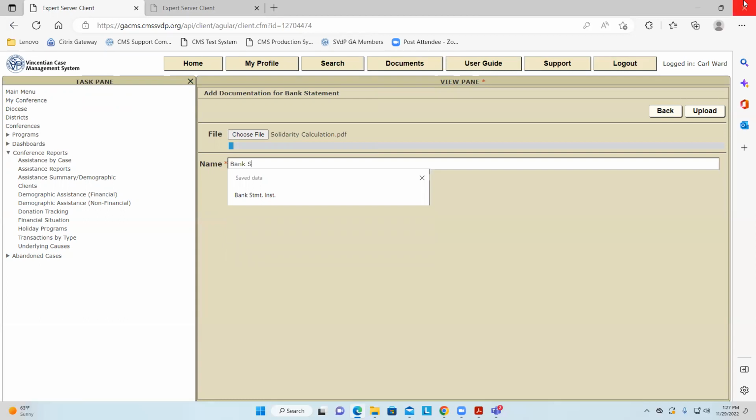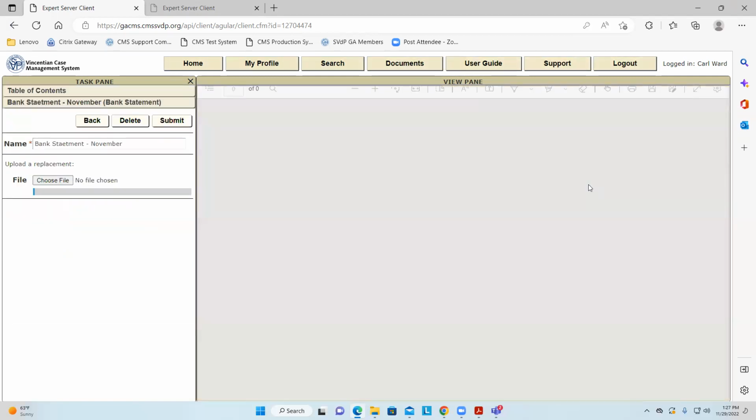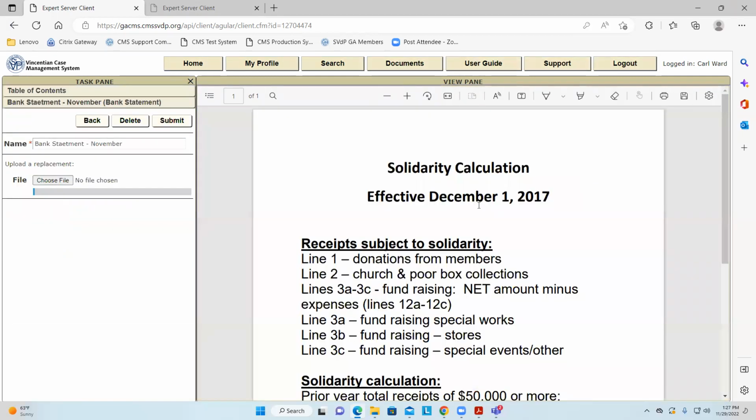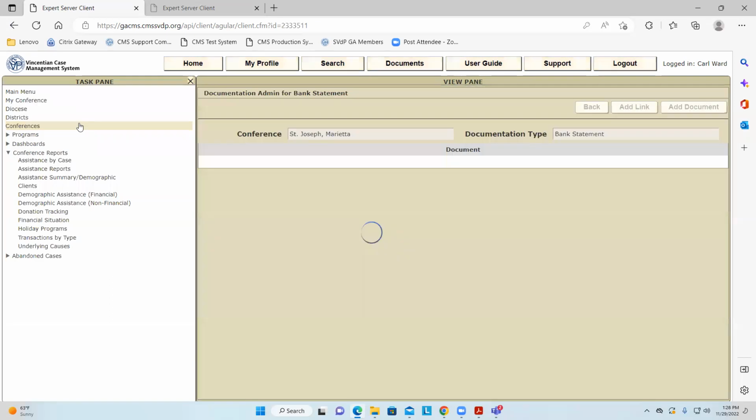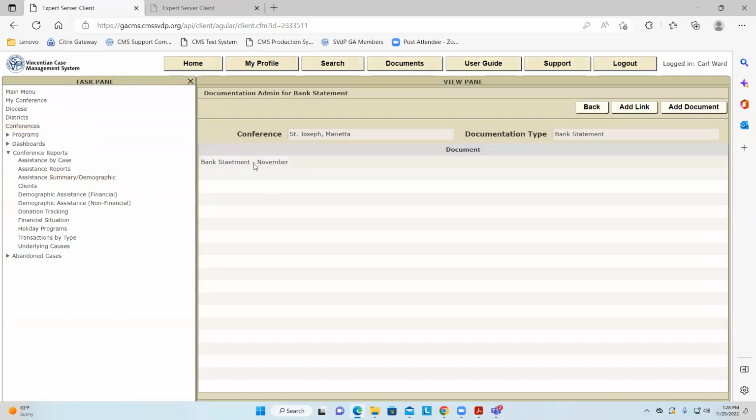You can make it up however you want. And then November. That's the statement, right? Then you do an upload. And you would see your bank statement. So if you went back, there's your bank statement for November.